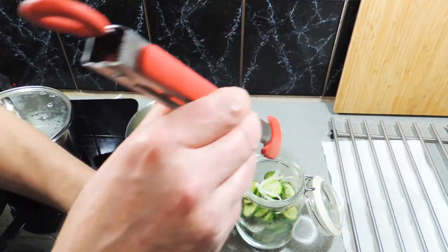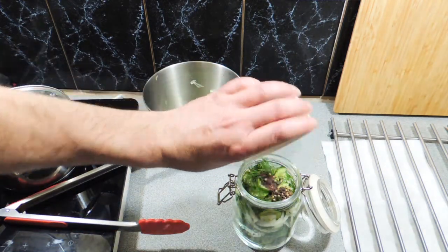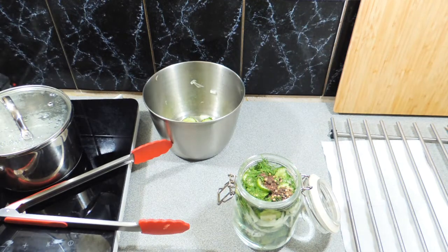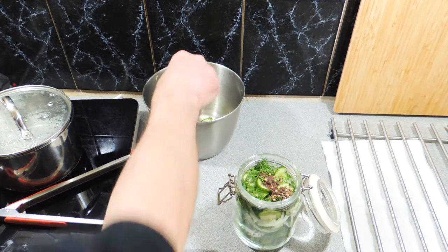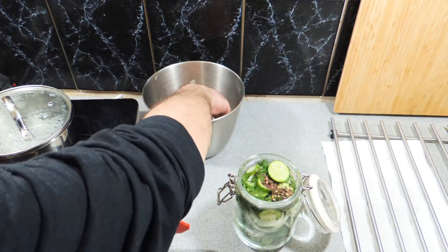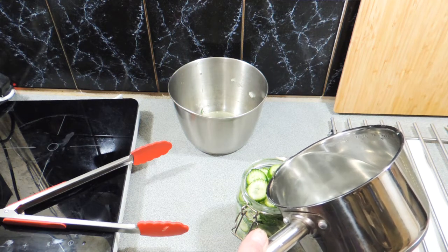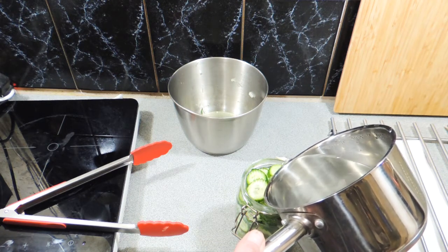Okay, and if you haven't had homemade dill pickles before, you don't know what you're missing. There's the last of our spice that goes straight in over the top, and let's see if we can fit in 1 or 2 more slices of cucumber. Absolutely perfect. Fill that up with that brine that we just made,